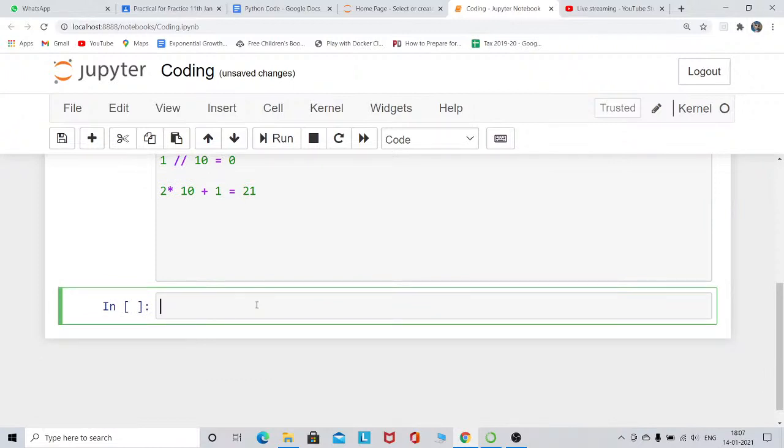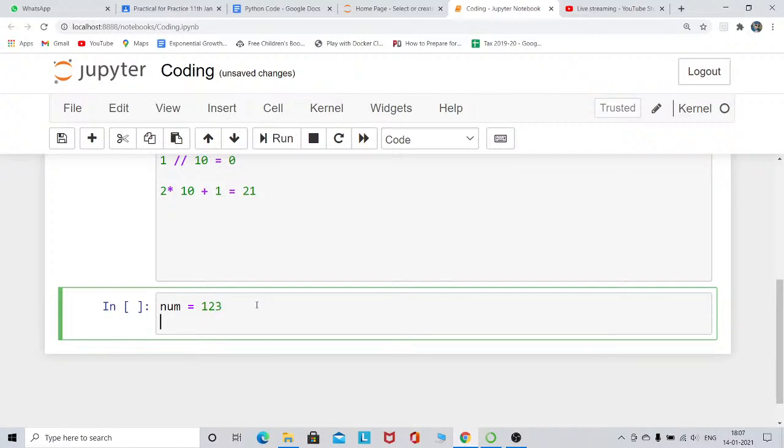First I need to read the number. Suppose I have the number equals to 1 2 3, then we have to read this. For that we need a variable remainder, which is equals to number mod 10.